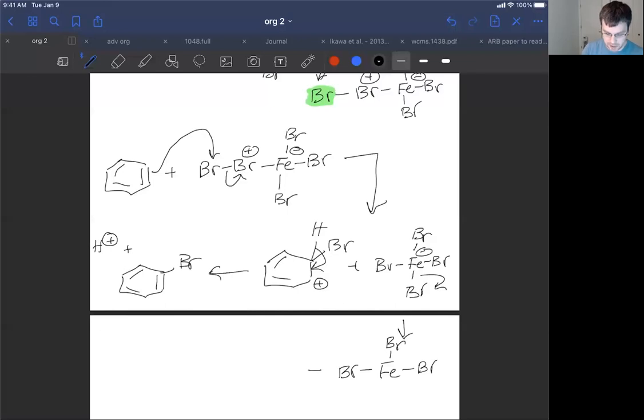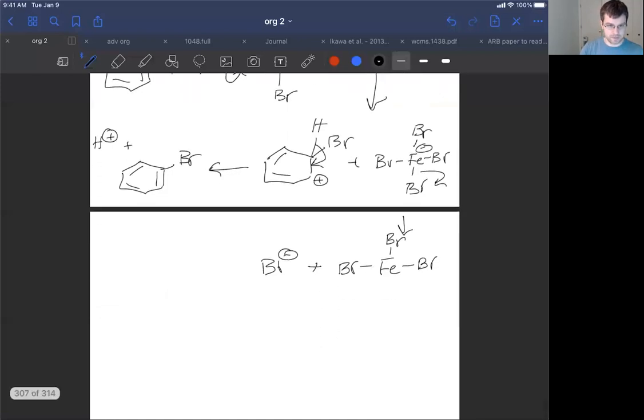If you let the Br minus that's generated from the catalyst adduct react with the H+, but that's a strong acid anyway. All I care about is formation of the product and having some idea that the catalyst turned over and got back to normal. Okay, so I'm just going to remind ourselves that the catalyst is regenerated